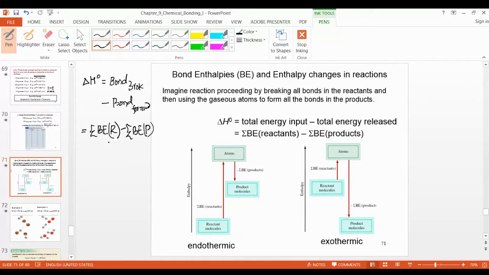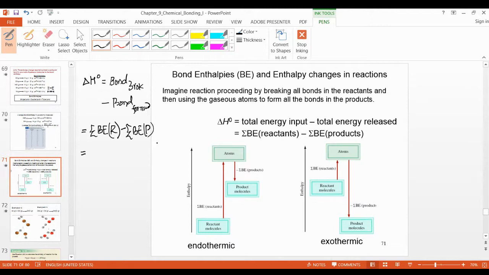As I told you, always, energy is required to break down the reactant. And whenever new bonds are formed, energy is released. That's why the product always has less energy, because energy is lost. That's why it is more stable, right? So remember this formula. The values will be given in the question. You just have to put in the values and calculate.